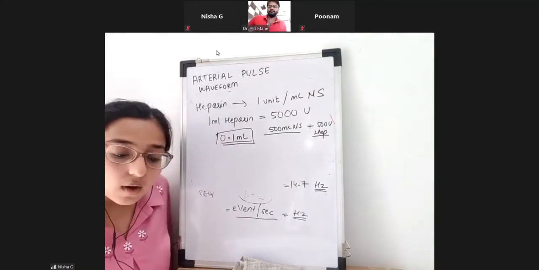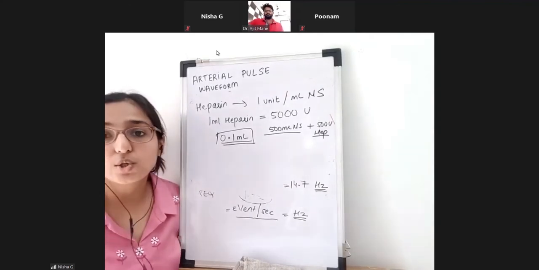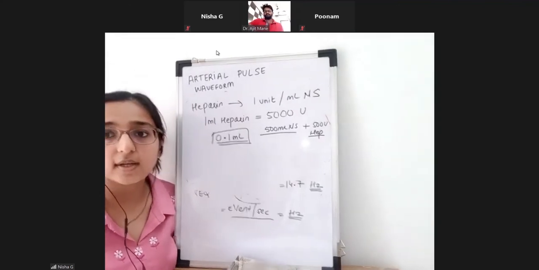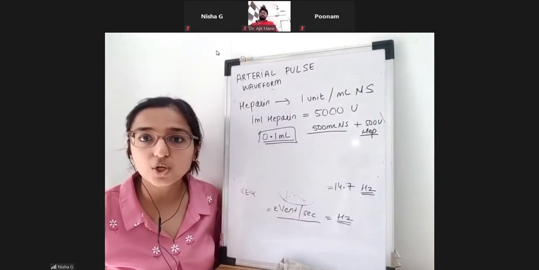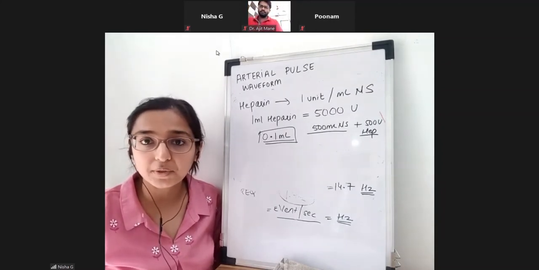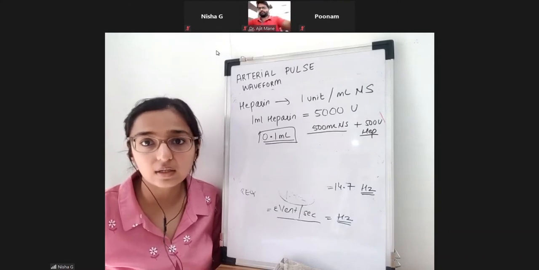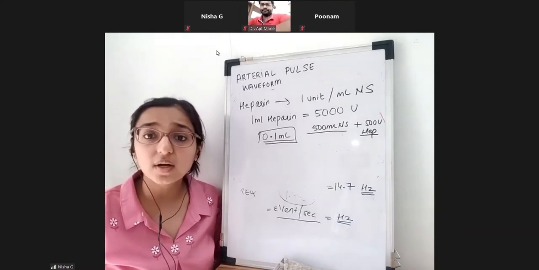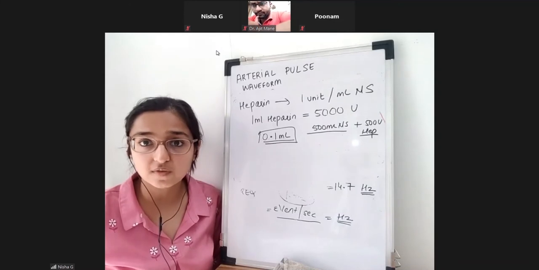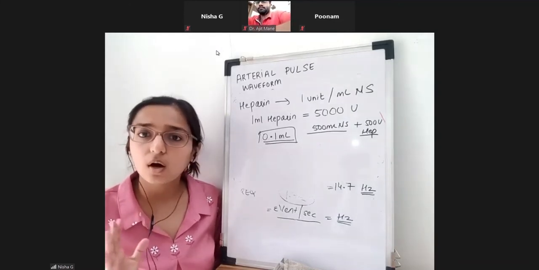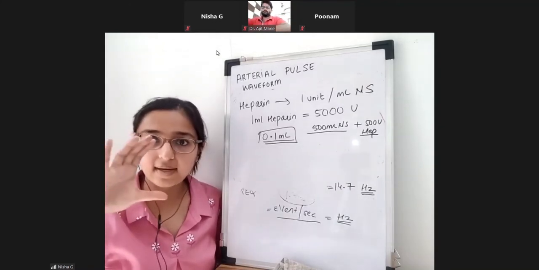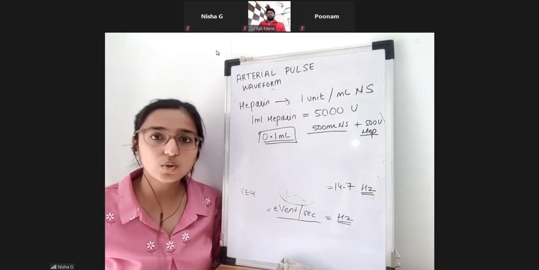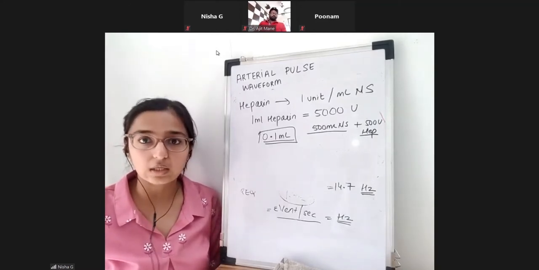Now you will tell me, ma'am, if the patient is in ICU and I'm doing arterial BP monitoring for this patient, can I continue heparin for such a long time? You will have that doubt, right? Because heparin causes heparin-induced thrombocytopenia in a patient who's receiving heparin continuously. So in those patients whose artery is transduced for invasive BP for a very long time, don't add heparin. It's okay. Just continue the flushing. That pint is there, so it will continue, right? So no need to add heparin if you're having continuous arterial BP monitoring.